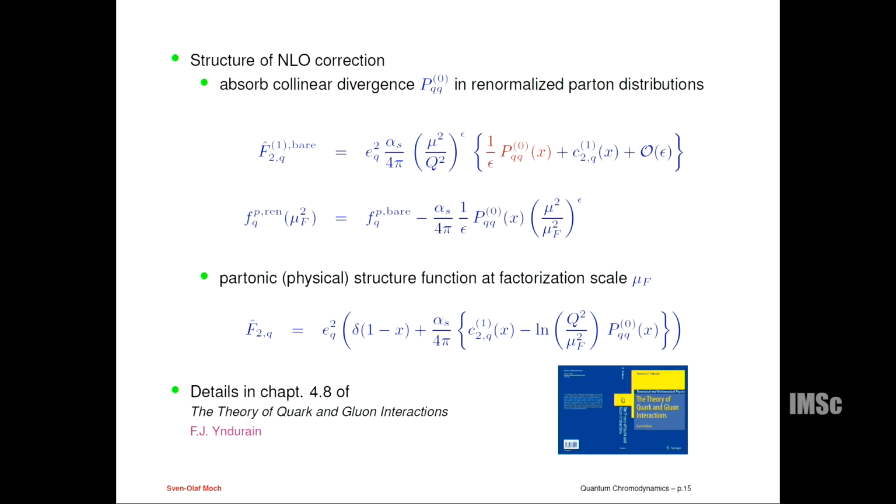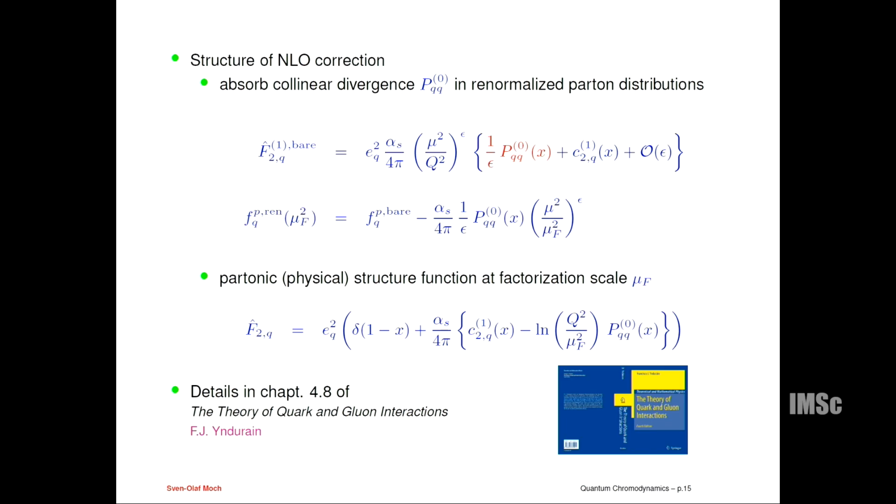That means in my factorization formula, I replace the bare pattern distributions I started with by renormalized ones, and those renormalized ones are just the bare ones where I have subtracted the collinear singularities. Then I put everything together. I can then expand again at a given order in alpha s, say to order alpha s squared. And then those collinear singularities cancel. I remain only with a finite coefficient function, and the remnant of cancelling these collinear singularities is basically a logarithm